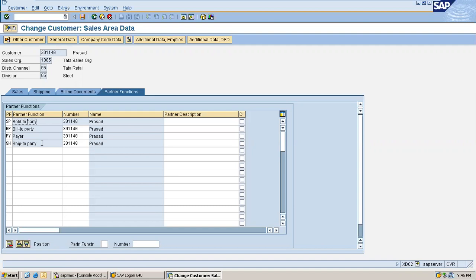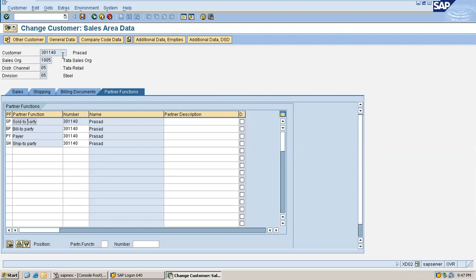Now, if you observe clearly, I have not entered these values manually. I have come to this tab, and we made several changes till the billing document tab. But I did not reach the partner functions tab, and I have not added anything here.